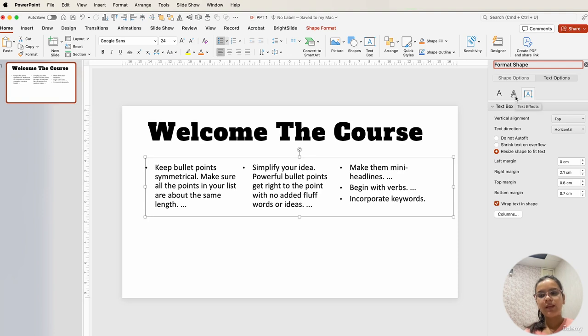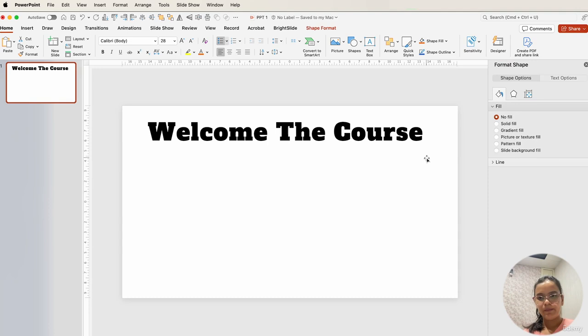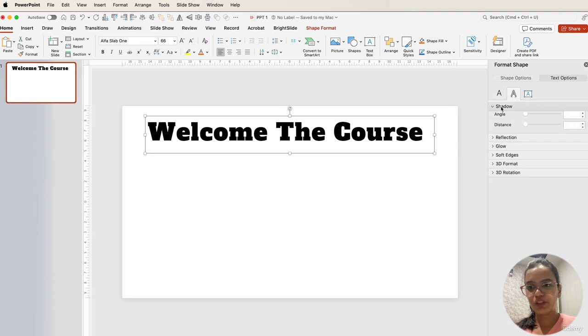So for this one, it's the shadow, reflection, glow effect. So it's like additional effects that we want to add to our text. If, say, I delete this and delete this as well, for this one, if I go to text options, this one, if I want to add a shadow to this,